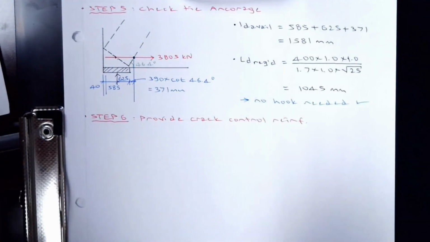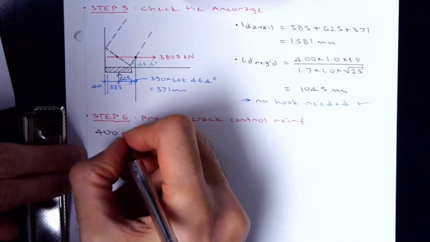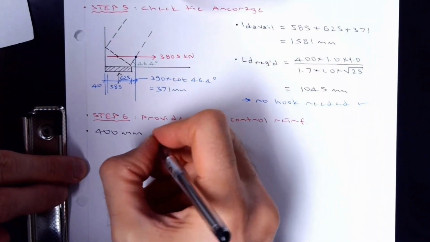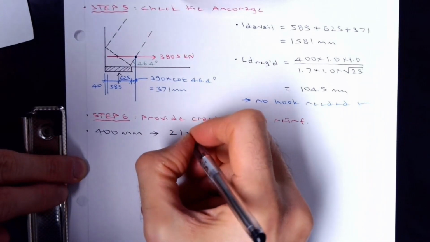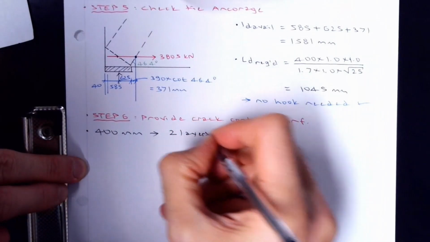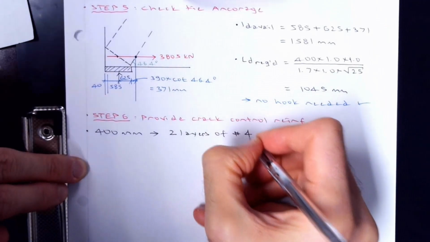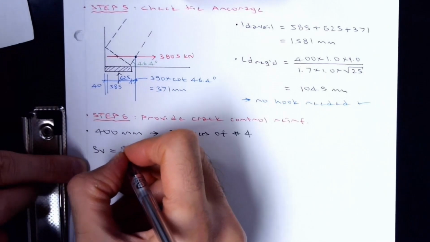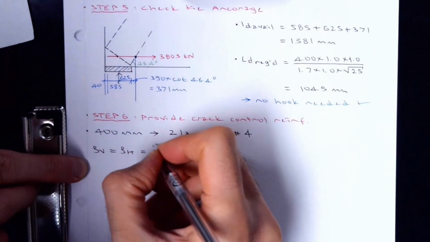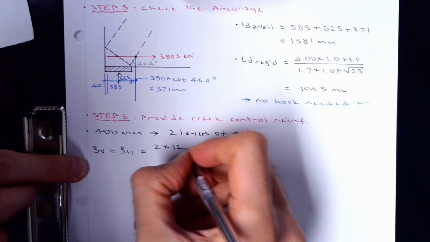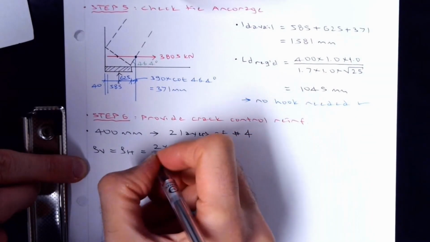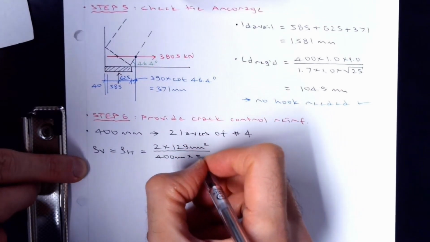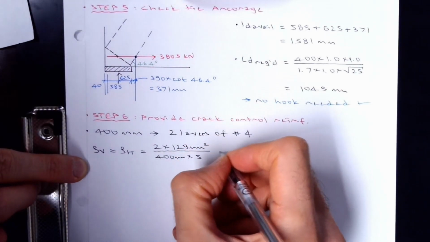Some routine step. This is 400 thick. It's a thin member, so I'm not going to put anything inside. The previous one was a thick member. I will just go with 2 layers. 2 layers of number 4 for this system. Vertical will be the same as horizontal. 2 times bar area 125 square millimeter, 2 legs divided by member thickness 400 millimeters and spacing, and make it